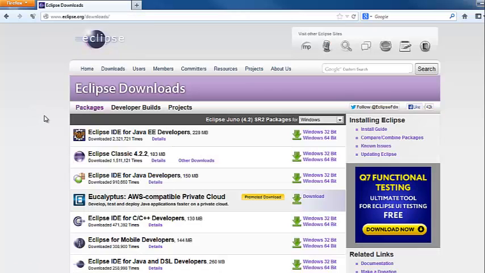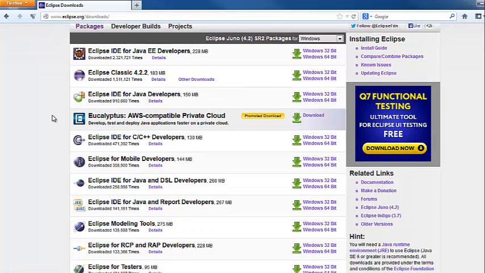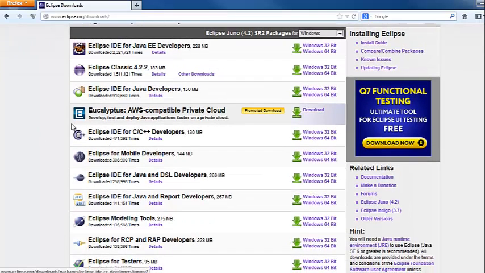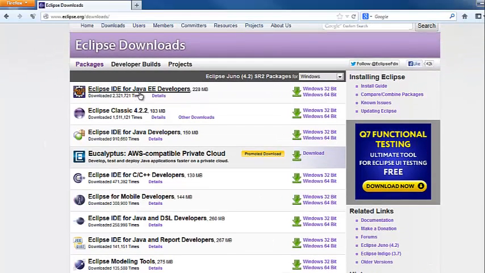Okay, here we see different Eclipse versions such as Eclipse for Java EE developers, Eclipse for C developers, Eclipse for mobile developers, and so on. We are interested in the very first option, which is the Eclipse for Java EE developers.